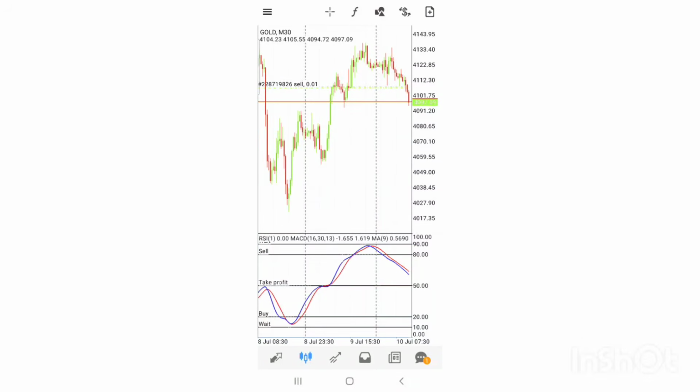Stop losing trades because of indicators. You are probably using them the wrong way. This simple strategy indicator for mobile can help you spot higher probability trades in the market in just 1 minute of staring at your chart. And in this video, I'm going to make it simple how you can use this indicator on your mobile phone,